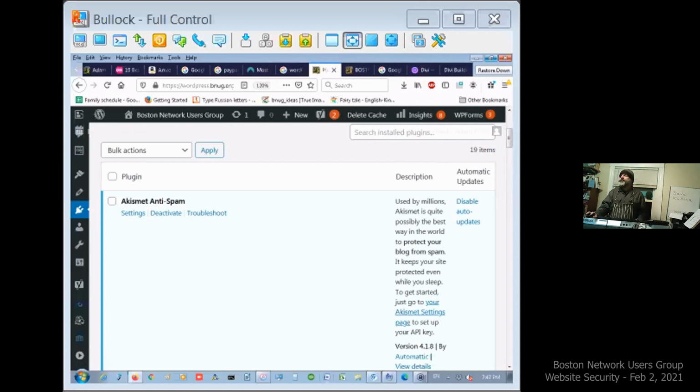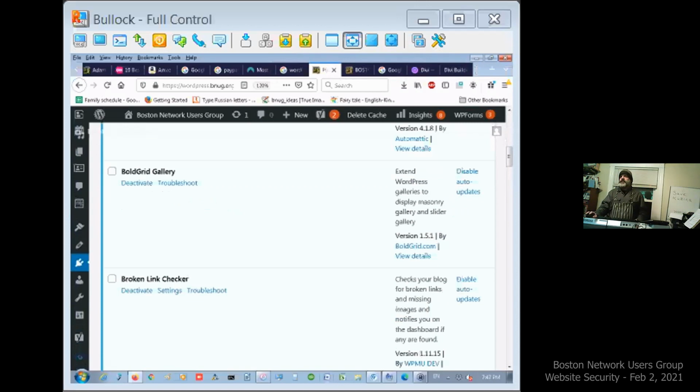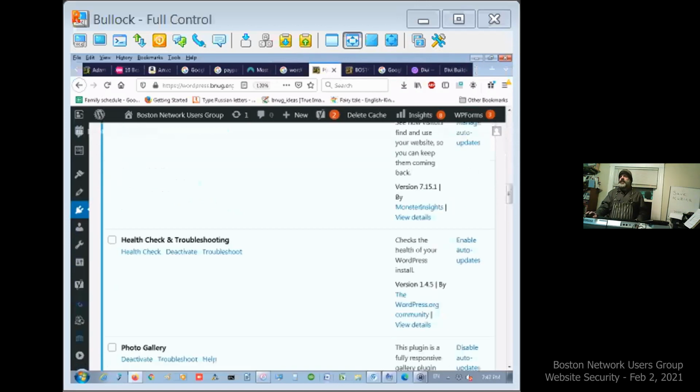And some silly person will post something about Viagra on your blog, which you obviously don't want, is totally irrelevant, or they'll just post nonsense. So Kismet protects against that by detecting this in various ways and making it harder for people to behave that way. And there are a bunch of other gadgets here, but the one that I want to, while we're here,